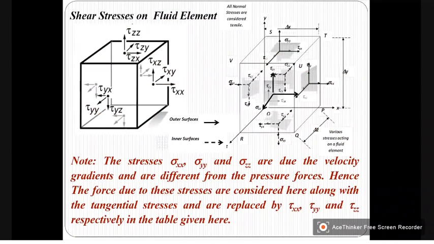Here we have used sigma. Actually, this figure I had taken from some other book, so they have used that notation, only tau for all stresses. But anyhow,